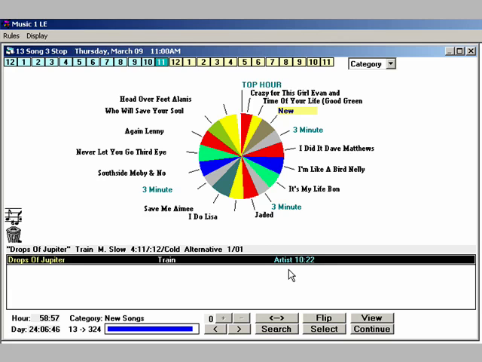In this case, it says Artist 1022. That means there's another song by this artist, Train, scheduled at 10:22, and that's last hour. See, the 11 a.m. box at the top of the screen is highlighted. That's the hour that we're looking at here. I've told Music One to separate songs by this artist by at least 1 hour, and the last Train song was scheduled at 10:22 a.m., and that's less than an hour ago. For demonstration, I'm going to go ahead and override the rule and drop the song into this slot and continue